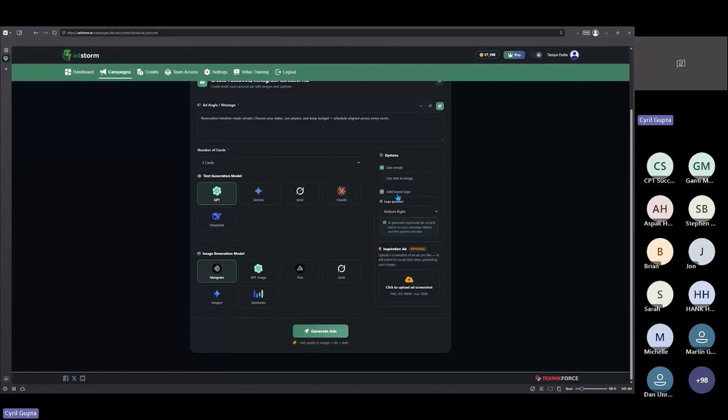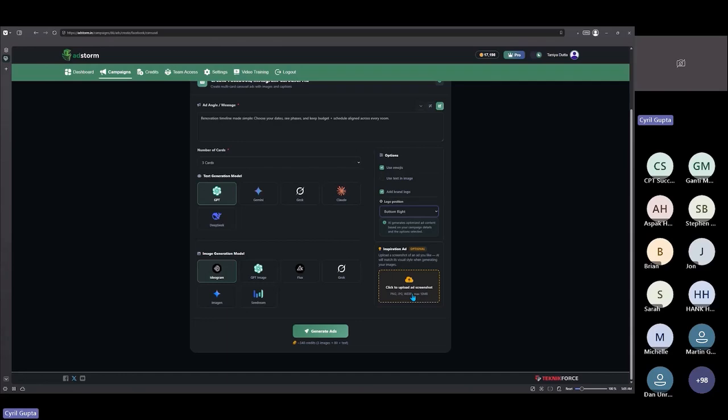And we're going to add a brand logo on this. We can use emojis in the text. We can put logo where we want to. And if you want to get inspired, now this is a great feature guide. Inspiration is you can upload an existing ad design to Adstorm, and it will try to make an ad that is visually composited similar. So think about all the times when you want to target ads, like Ken Sapp is a Facebook guru. Let's say you wanted to make ads like him. You could just take his ad and put it in this inspiration, and it would make an ad that is visually composited similar kind of thought process, but not a copy.